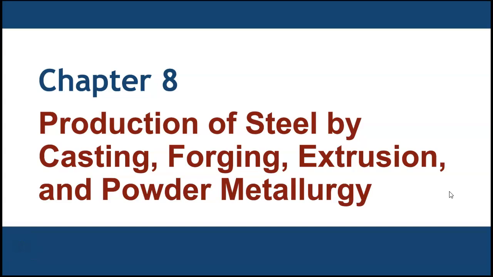All right, so this is the first part of our lecture on Chapter 8 in our text in industrial materials. This is, of course, covering the production of steel by casting, forging, extrusion, and powder metallurgy. We'll talk a little bit about 3D printing in this chapter as well. So it is important for you to remember the things that we've gone through in Chapter 7 on how